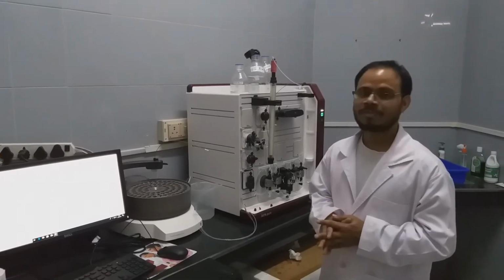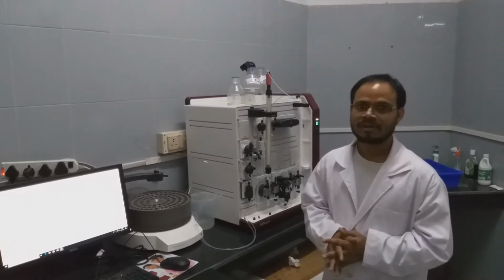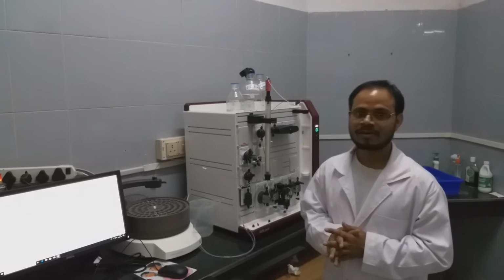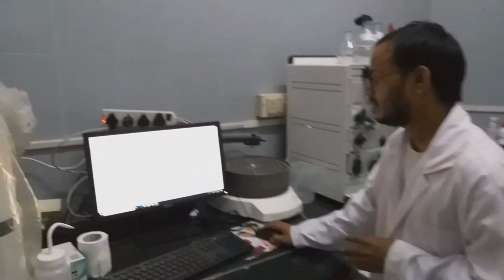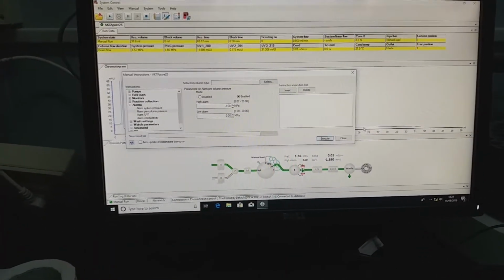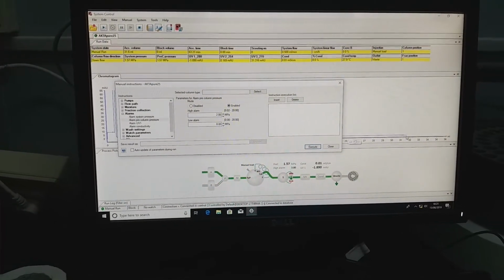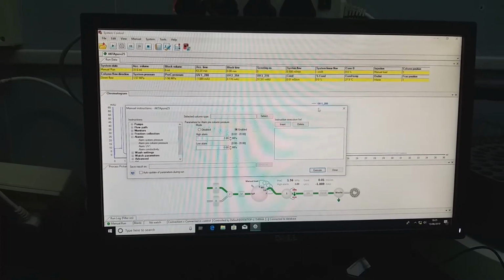So we completely washed out the ethanol present inside the column. Now we will equilibrate in the phosphate buffer. As we can see here, the conductance has completely come to 0, and we can see a completely flat line signal corresponding to UV280.